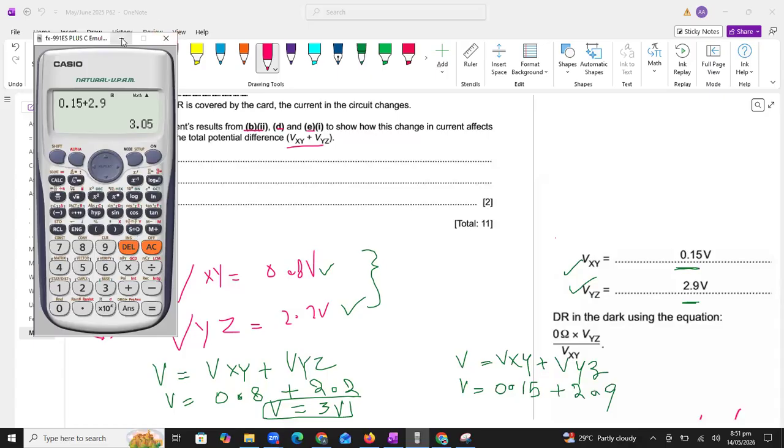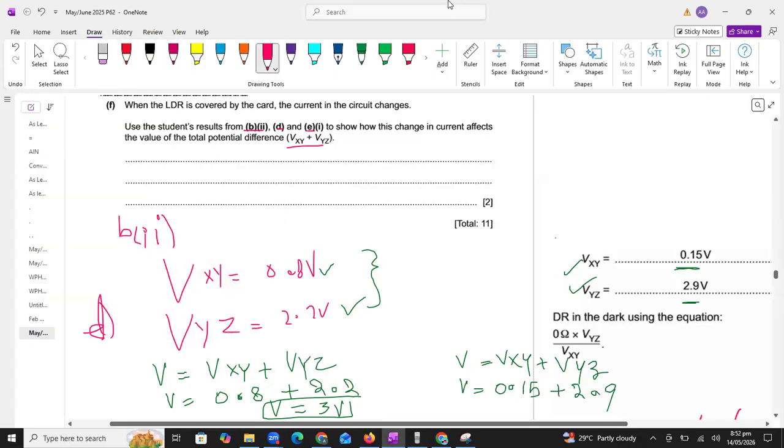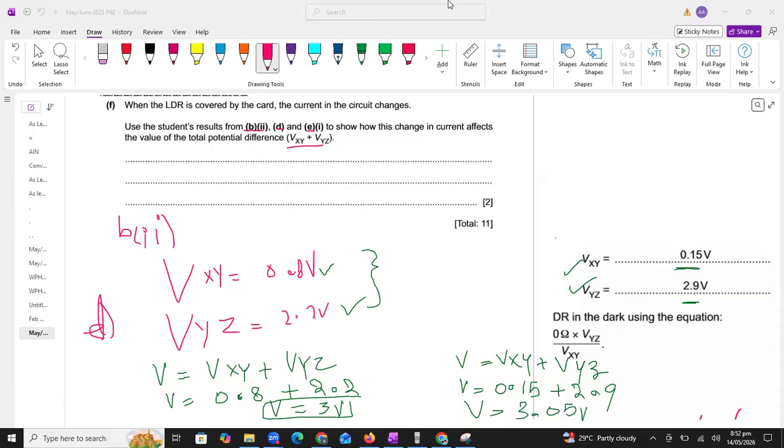We are getting 3.05. So it means the readings are almost same. There is no change in potential difference. All right, total potential difference in the bright light condition and